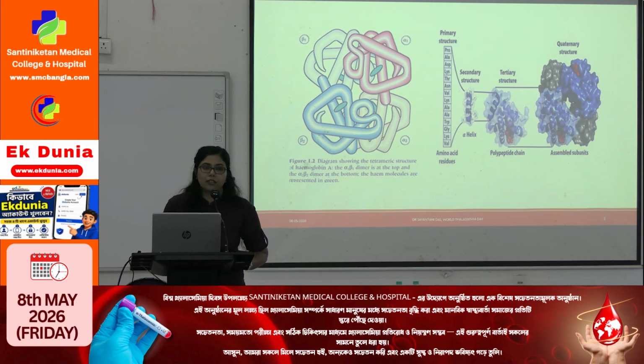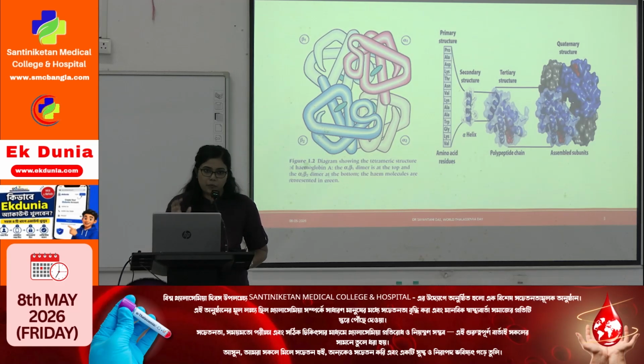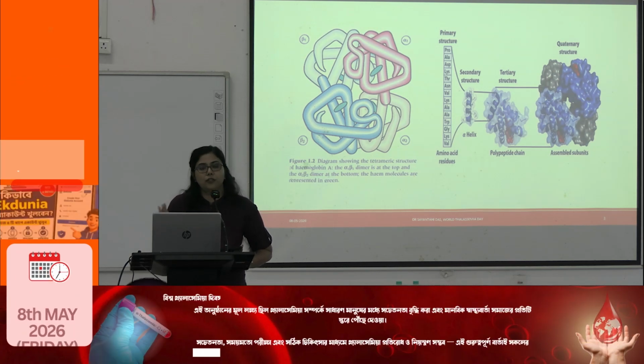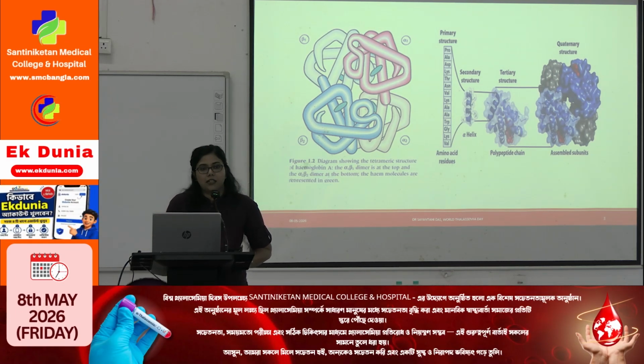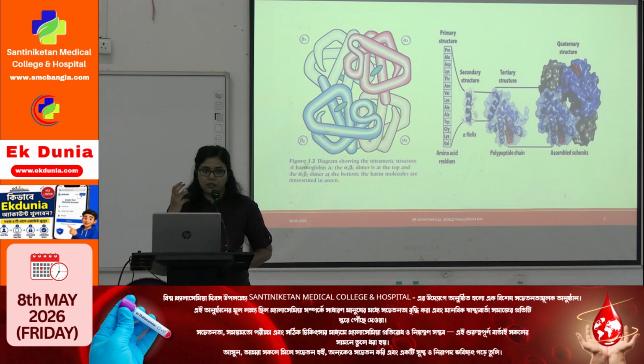Now, coming to the globin chains. So, what are the globin chains? Hemoglobin is a quaternary structure of a tetrameric protein. It has a total of 4 globin chains, which are polypeptide chains. 2 among them are alpha chains and 2 are beta chains. Each of these alpha and beta polypeptide chains houses a heme complex. Now, what is heme? Heme is an iron protoporphyrin and it is the molecule that carries oxygen in our blood.